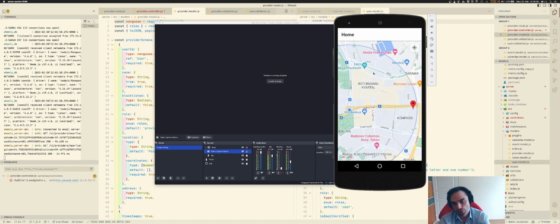Let's assume I want to reserve a time slot in a restaurant that's nearby. I don't really want to call. I just open the application. It detects my location, detects restaurants in